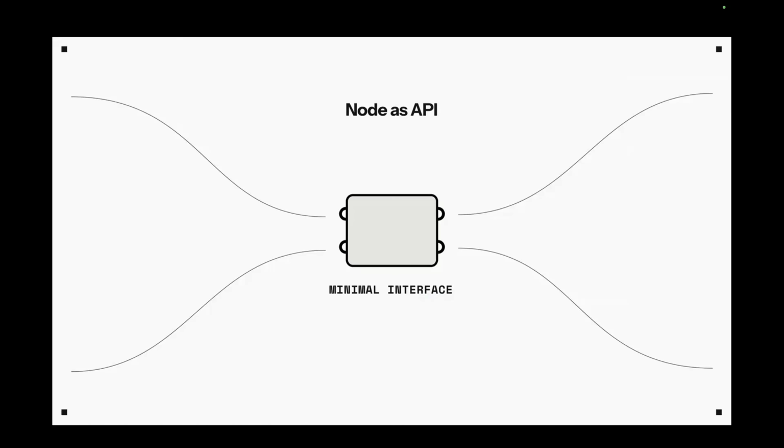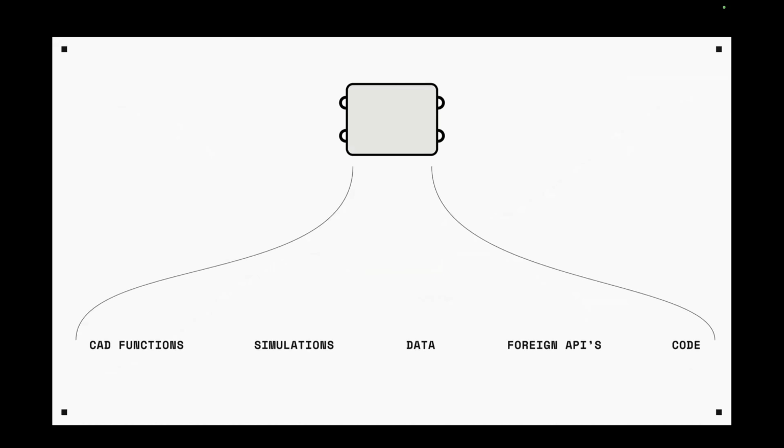And then the third core idea that we've built into Raven is that everything works on node basis. So Grasshopper is already like this, and that's why we went into Grasshopper, because actually hidden behind the node interface, there's everything from CAD functions to running a simulation with Kangaroo or Karamba, drawing in data, pushing out data, calling for APIs that would be like Rhino inside Revit or Tekla Structures or anything like this, or just writing a bit of code. All of those things happen inside of a node,